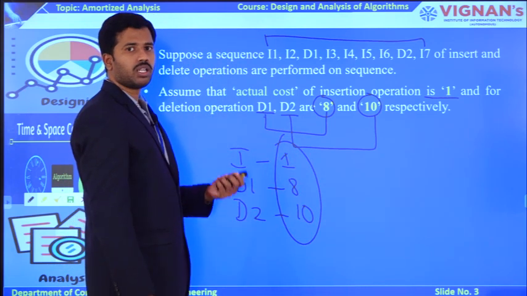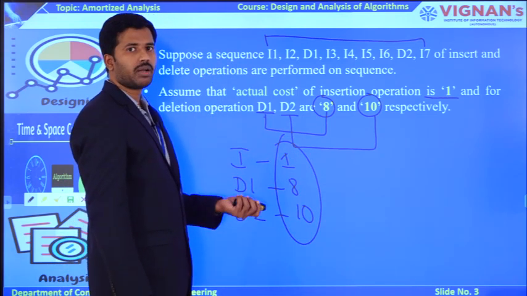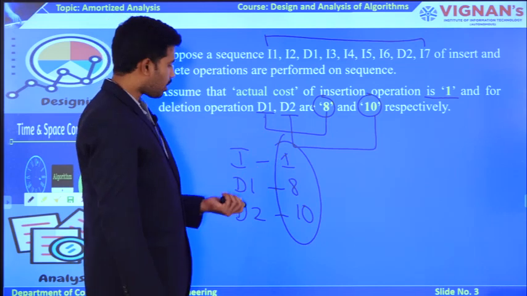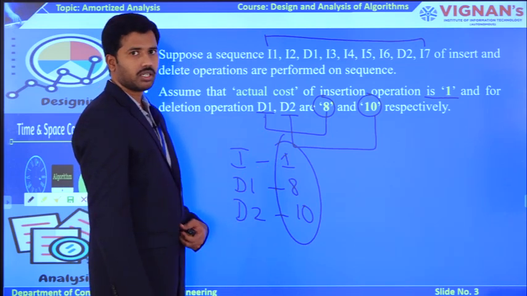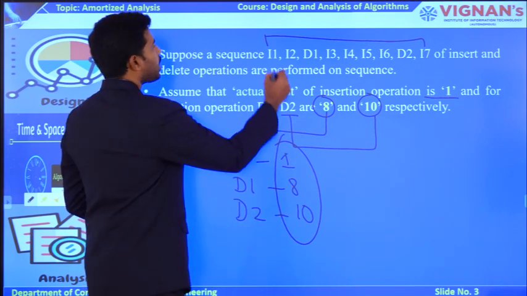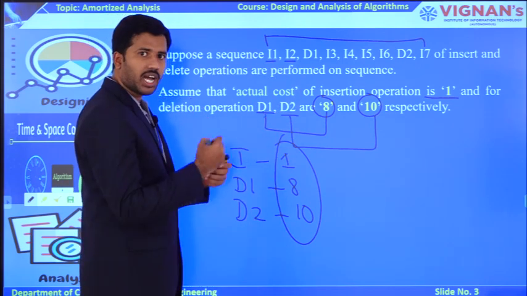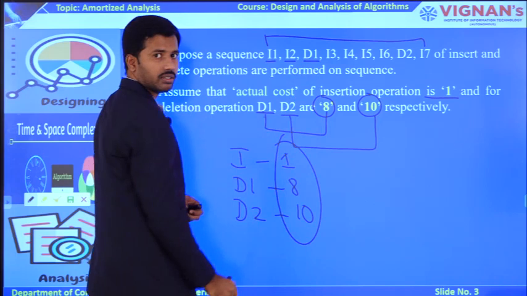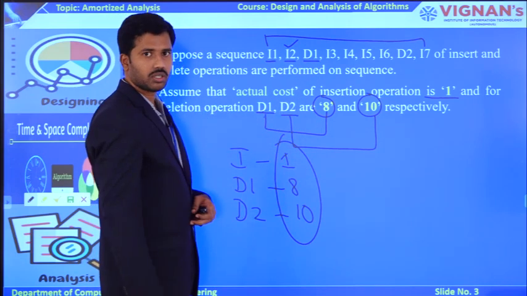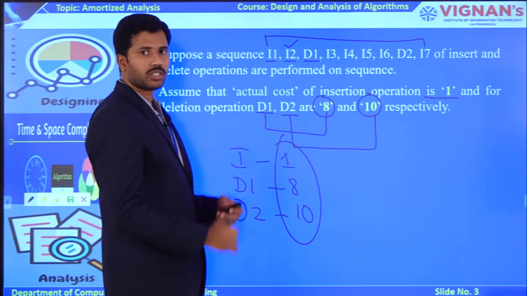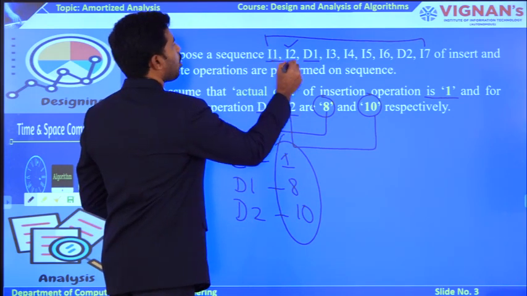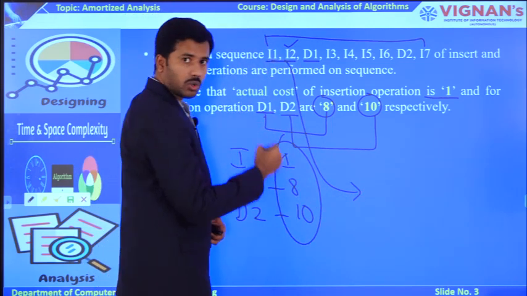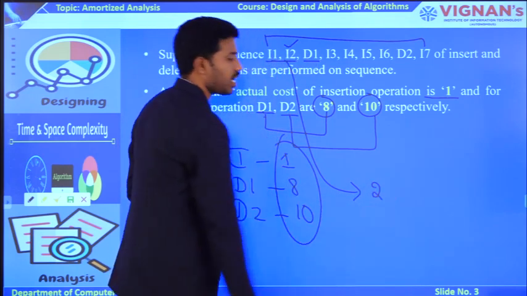In the previous case, all the insertion as well as deletion operations can be done at best case time complexities. But here insertion is done at best case, but coming to the deletion operation, we are moving to the worst case, right? So if you observe very carefully, after executing I1 and I2, your algorithm still runs in best case. Up to I2, what is the cost of the current time complexity of your algorithm? How many operations have you performed? 2 insertion operations. So up to 2 iterations, the time complexity of your algorithm is 2.